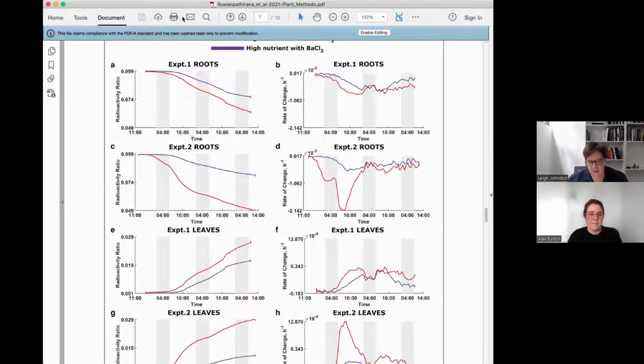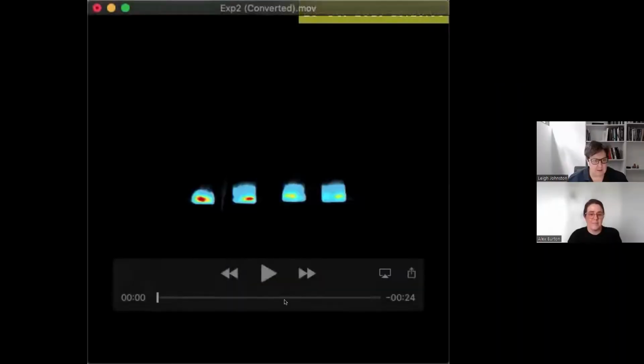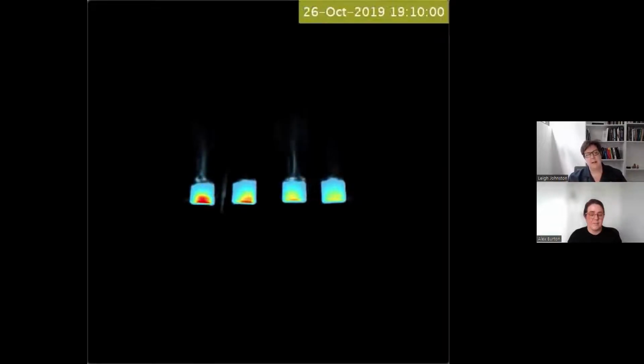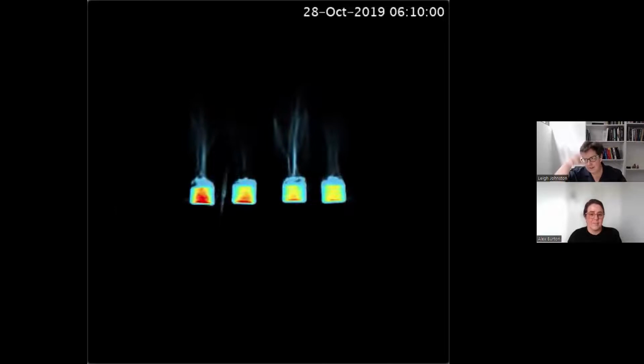And I'll just quickly show you the movie that came from one of these experiments. So here we've got those 4 plants that are sitting in the PET scanner, and this is across hours, right? So this was about 70 hours of scanning. As time goes on, you can see that the radioactive sodium is being taken up into the stems of the plants and eventually all the way up into the leaves. And so we were tracking this over day and night to see how the sodium came and went at various times,